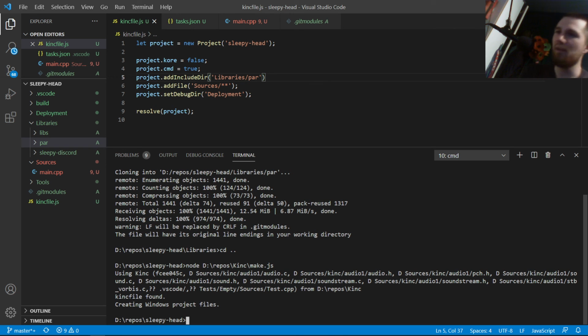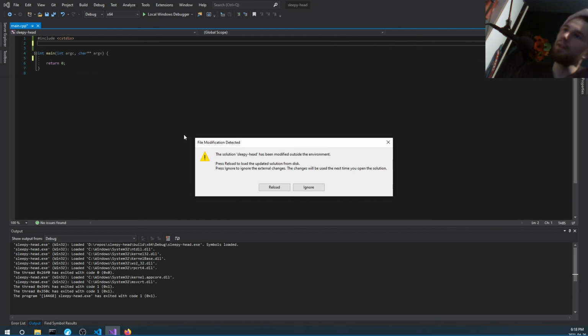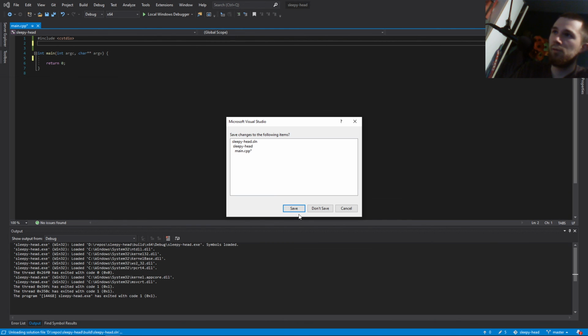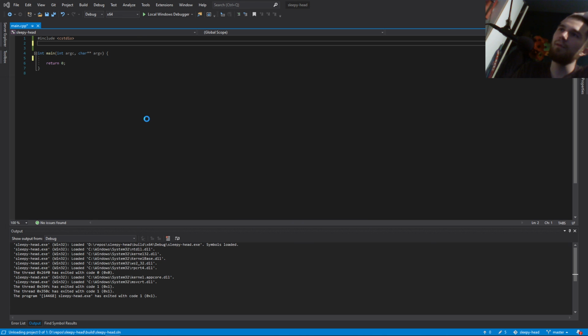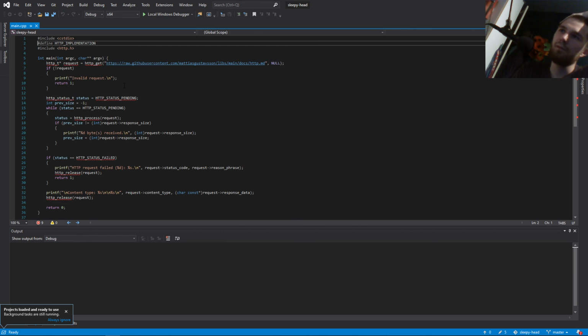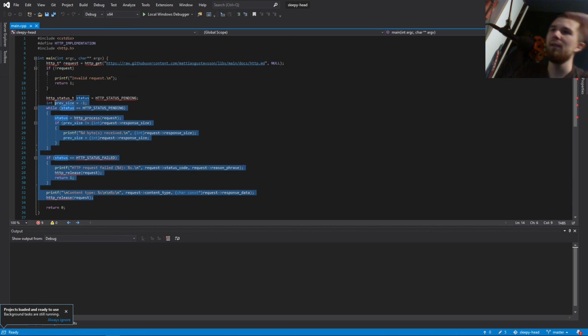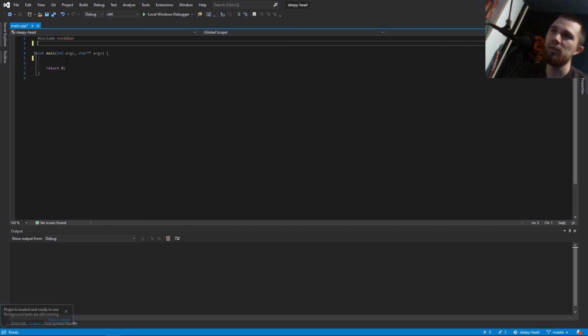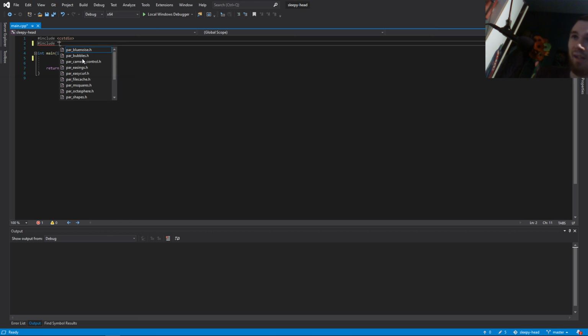Yeah, so we created the project files. Great. Here you go. Reload. Don't save. Ah, there it goes. So I'll remove that and I'll remove this. Now we'll include that easy curl. Easy curl. That sounds like easy girl, but